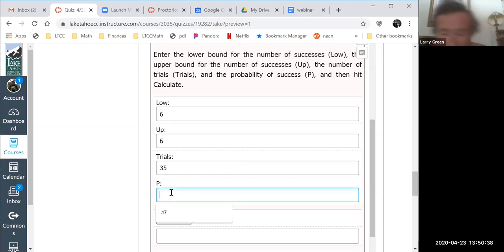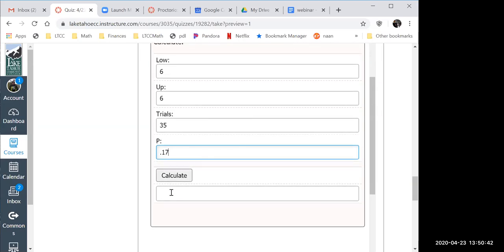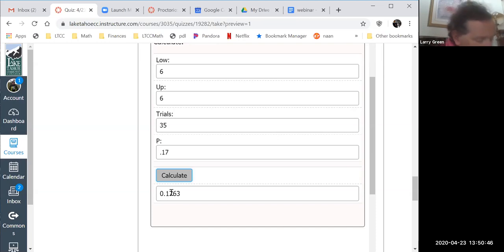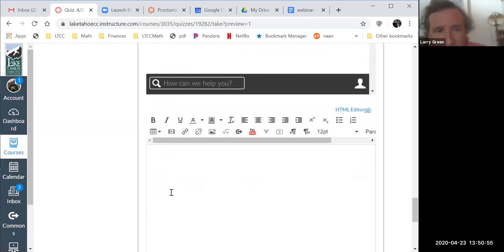And P was 0.17. Okay, and I hit calculate, and you get 0.1763. Any questions on that? Okay, so now I go down, and part A was